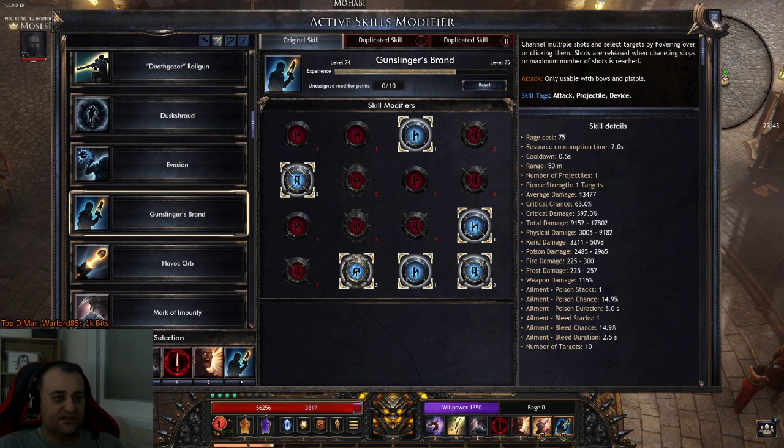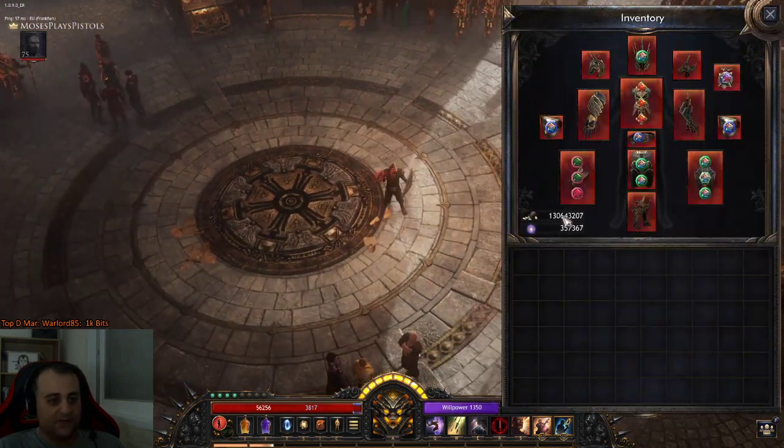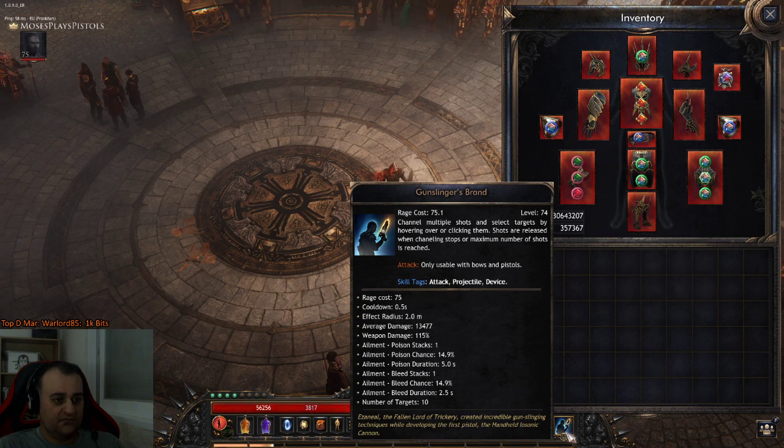I changed some stuff, and the two major things are instead of the anomaly shield that I had, I actually sold it for lots of gold, and now I have 130 million gold. I sold the shield for 100, and second thing, I changed from Havoc Orb that started to show some problems,